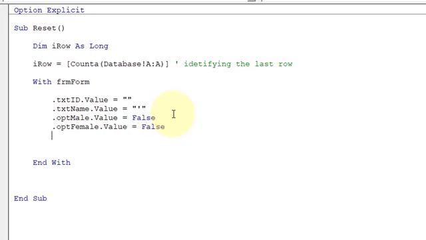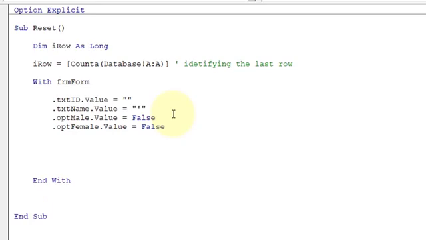Okay, basically we are initializing all those controls, like we are resetting the controls so that we can use this code while initializing the window, as well as whenever the user clicks on the reset button, right? So male is equal to False and female.